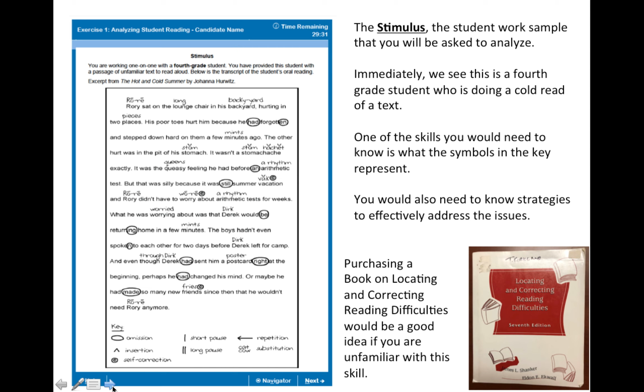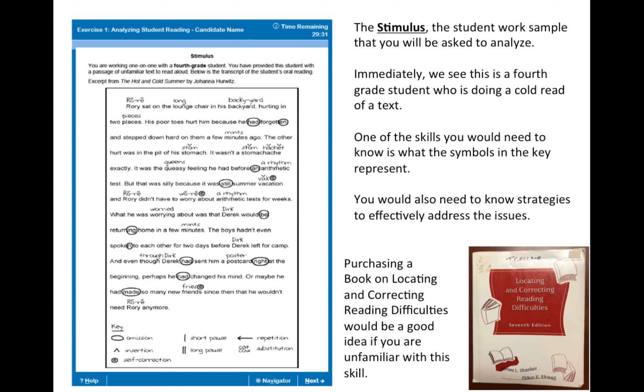Then you have a stimulus, and this is a 4th grade question, and you can see this is a stimulus. This may be a middle childhood generalist example, but you will have a stimulus, and again, it will either be a student work sample or it might be something for you to read in history. It might be a document. But the stimulus is what you will be asked to analyze, and you immediately want to look at the top to see what the grade level is, okay? And again, that will help you